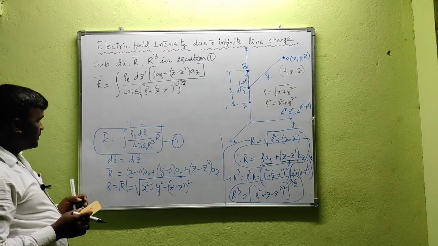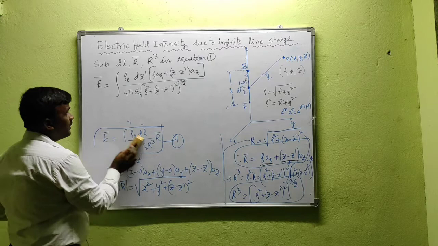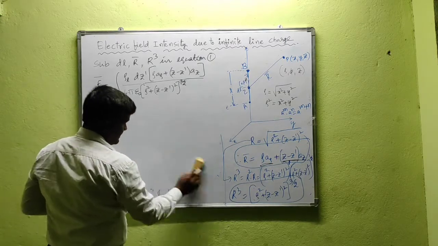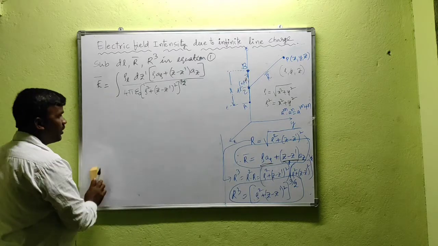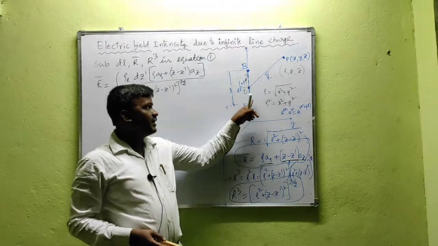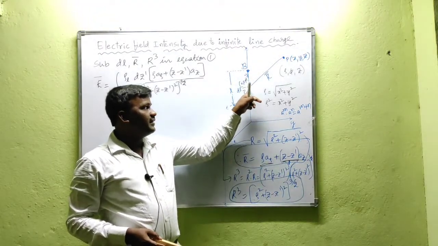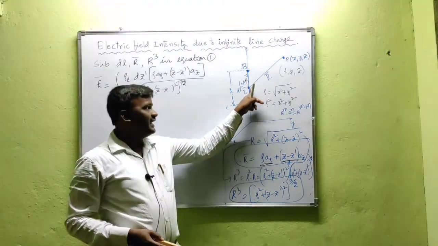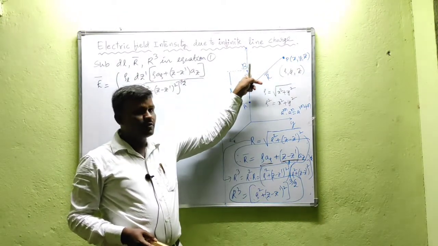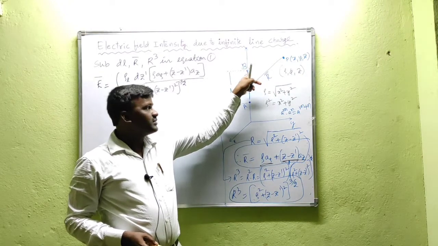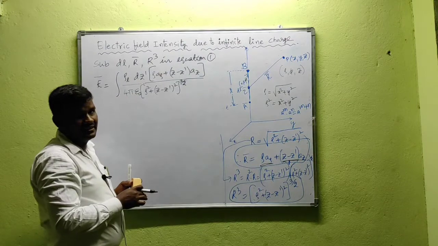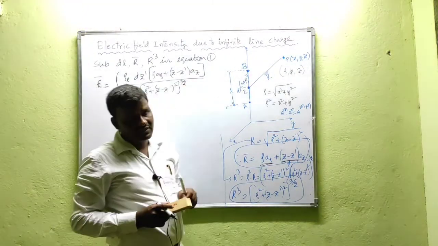Now if you see this expression here, integration is with respect to what? Z dash. Why do we need to take integration with respect to z dash? Because our line extends from A to B, and the point z dash may be shifted downside up to A and upside up to B. So that leads to a change in z dash. That's why we have dz dash. If this z dash changes, what happens?